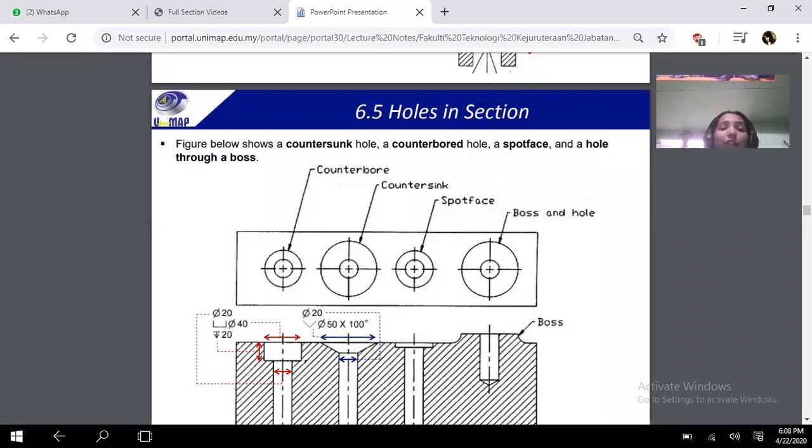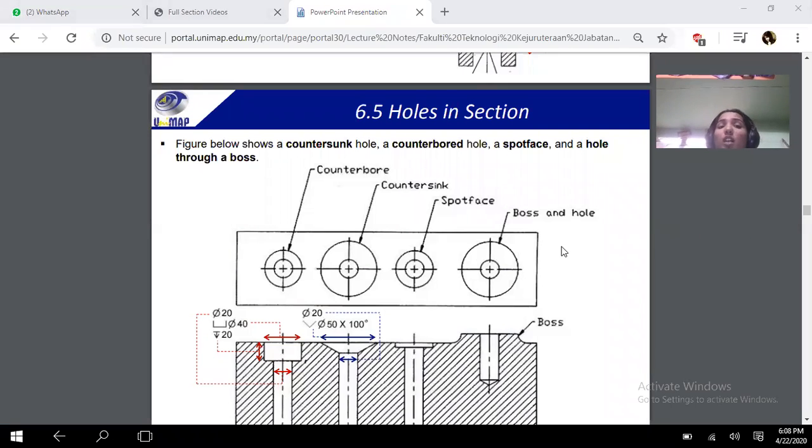So the following figures are the examples. These are the holes of this section: counterbore, countersink, spot face, boss, and hole.